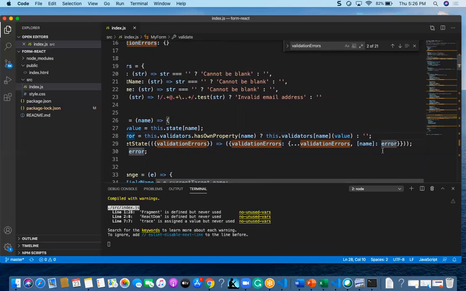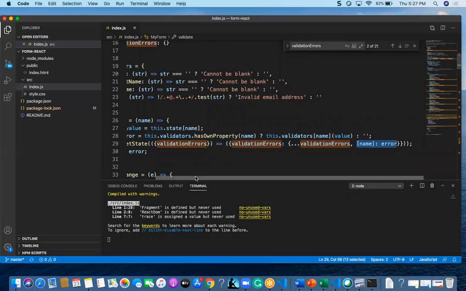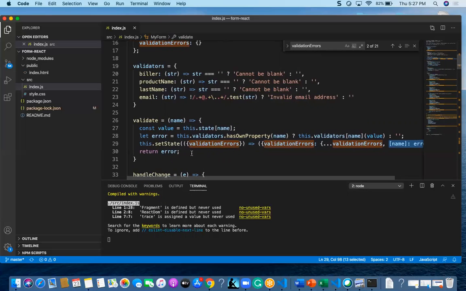So now I am going to get the error I have told about into the validation errors, using this.setState validation errors. This validation errors is the one I am going to call for every component, meaning last name, first name, and also email.